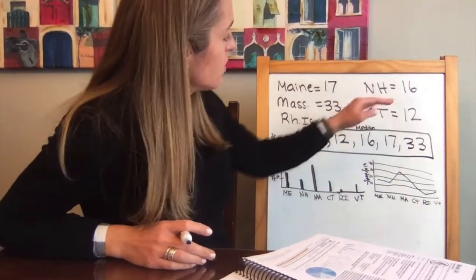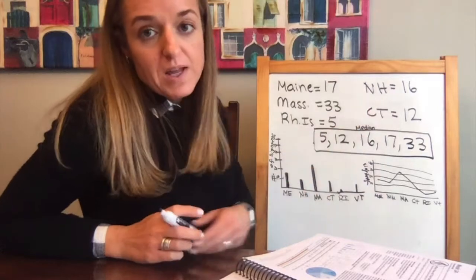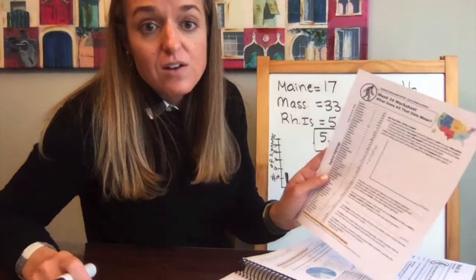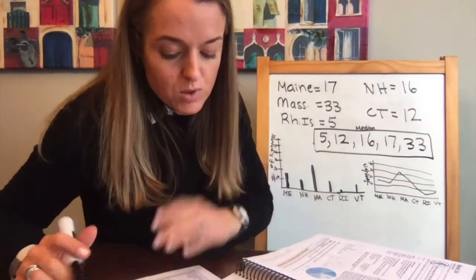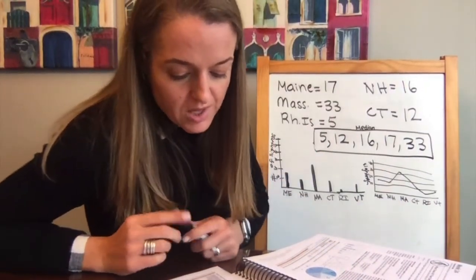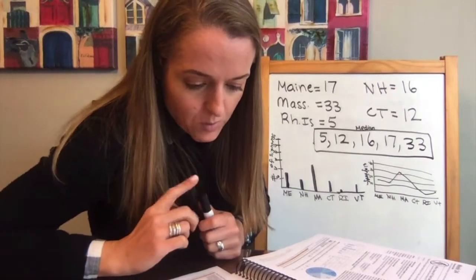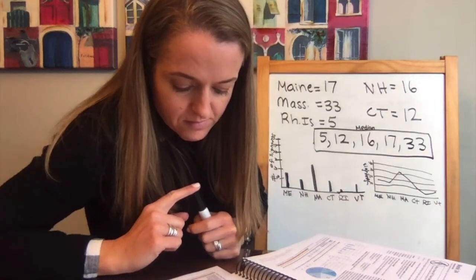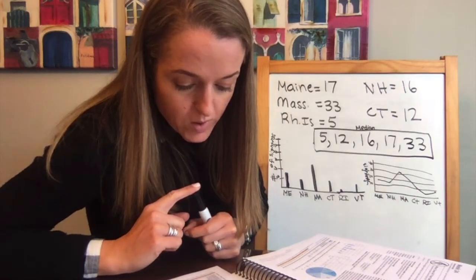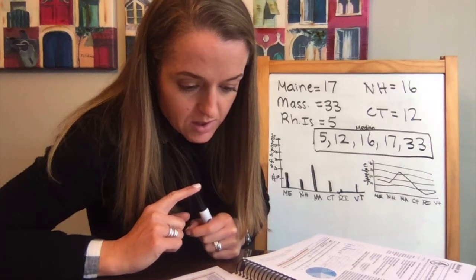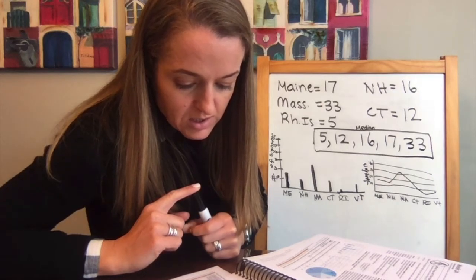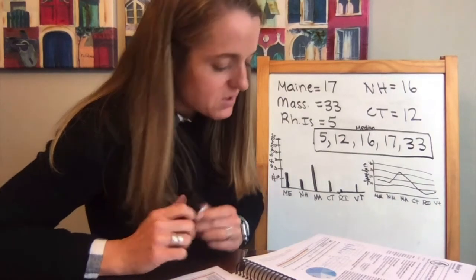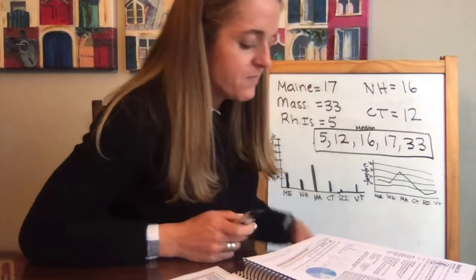The mode is the number that occurs most frequently. There's no mode for the New England area because none of the numbers repeat themselves, but we could look at our data for the whole United States and figure out what the mode is. So why don't we take a minute to look at the data again and find out which number repeats the most. And it is 22. There, 22 is seen 2 times. 5 is also seen 2 times. So there could be more than one mode.